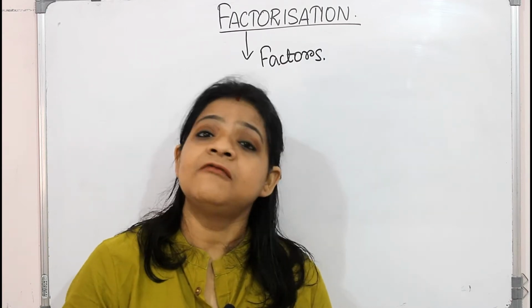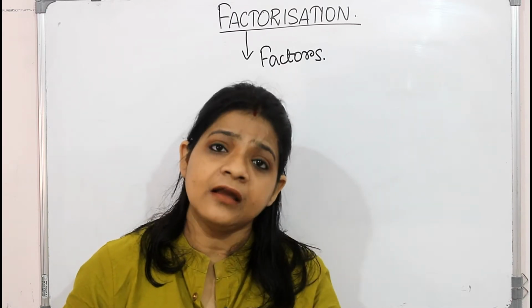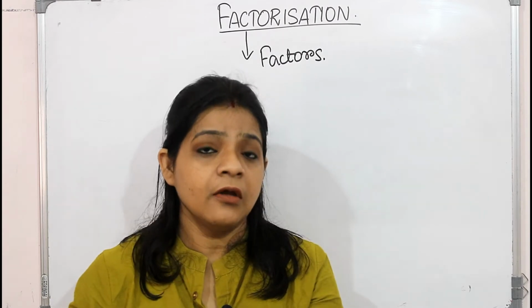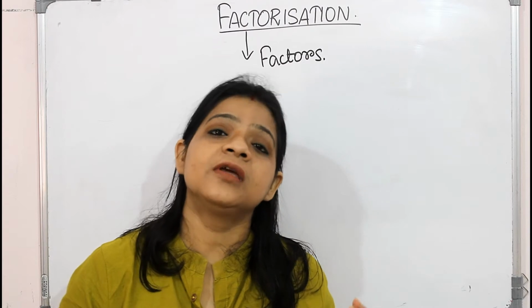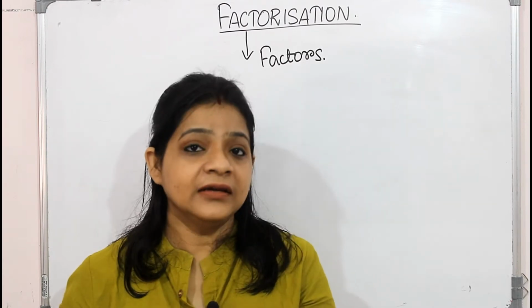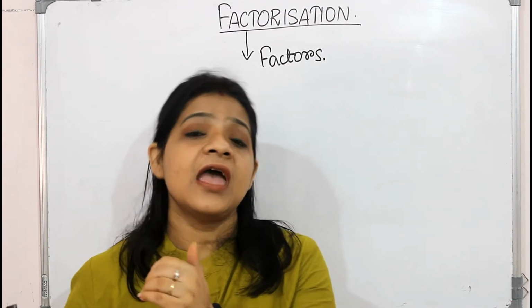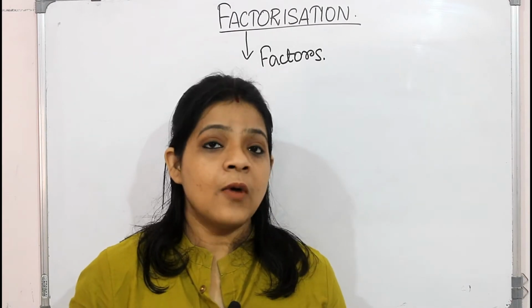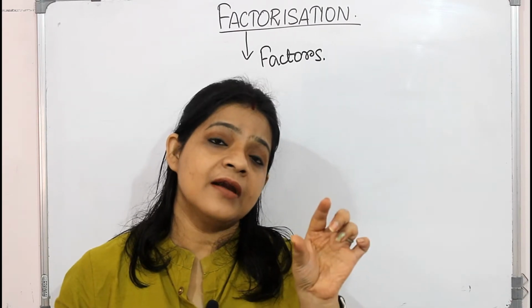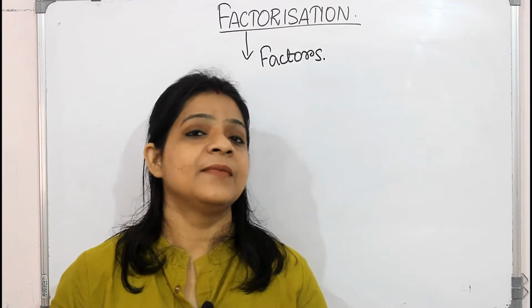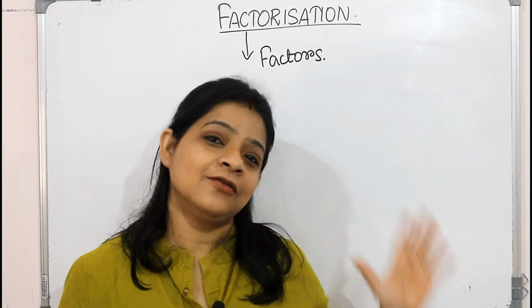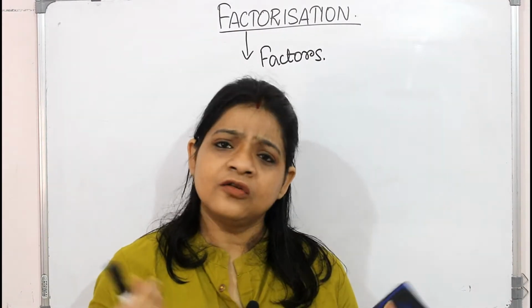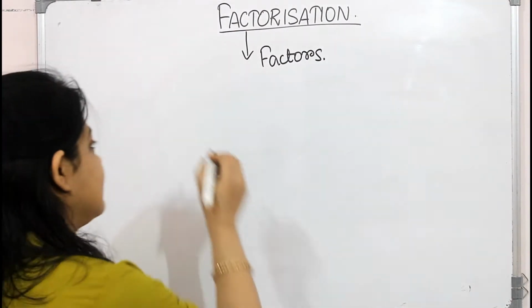Basically, factorization is splitting or decomposition of a number, or any algebraic expression, into entities, so that when you divide the particular number by each and every entity, the remainder will be 0. It is a bit complicated, so I will simplify this. Let's take a number, that is 6.